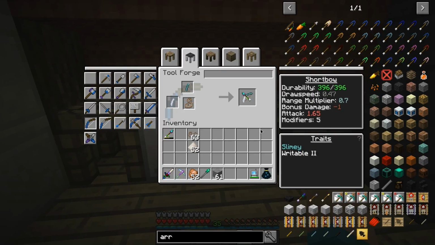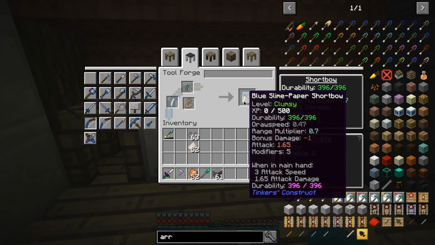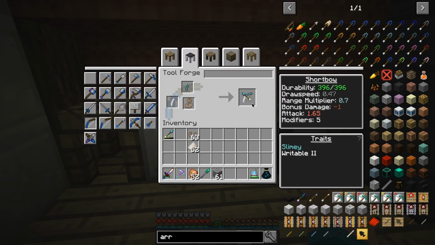So this is going to give us 396 durability. Now the problem. Bonus damage, -1. The problem, we get 5 modifiers with this, so I guess the problem or the question is, with it being...